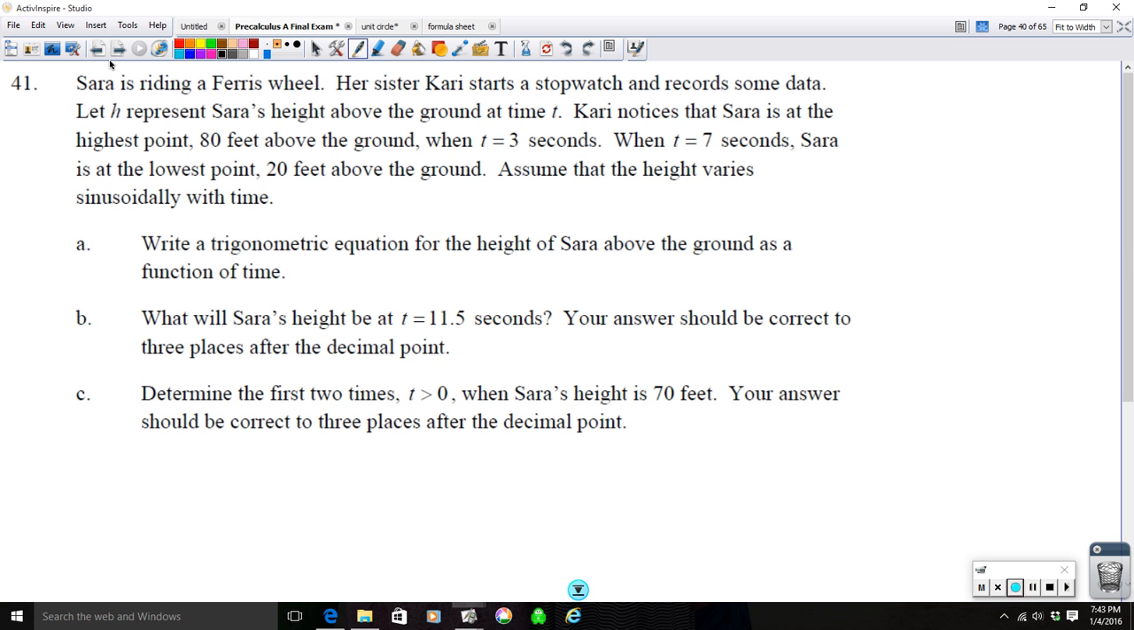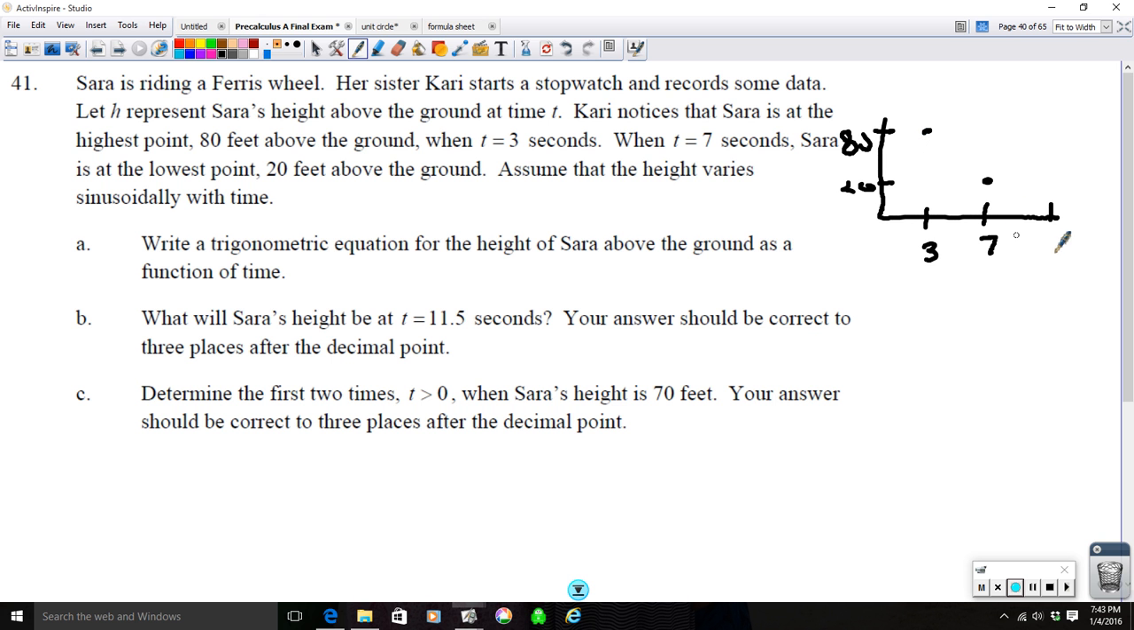Next problem. Sarah is riding that Ferris wheel. So this is our classic Ferris wheel problem again. Again, it asks not for a graph, but I really can't do the problems very easily without the graph, so I'm going to quickly do this. So at 3 seconds, she's 80 feet above the ground. A quick sketch, it's not necessary. At 7 seconds, Sarah is at the lowest point, which is 20 feet above the ground. And then again, at 11 seconds,